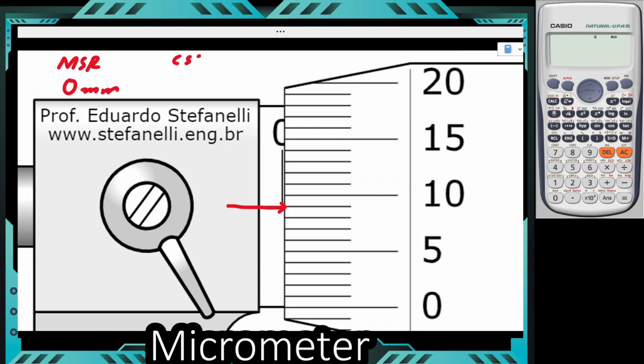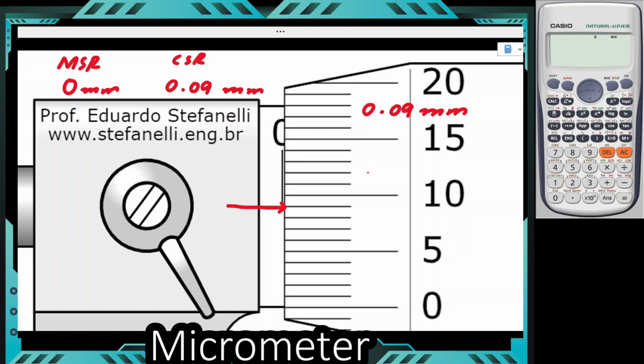So circular scale reading, it is line number 9. 9 after being multiplied by 0.01 would be 0.09. We gotta be very careful with it. Many of the students will write 0.9 millimeters. No, 9 times 0.01 would be 0.09 millimeters, and then the final answer would be written as 0.09